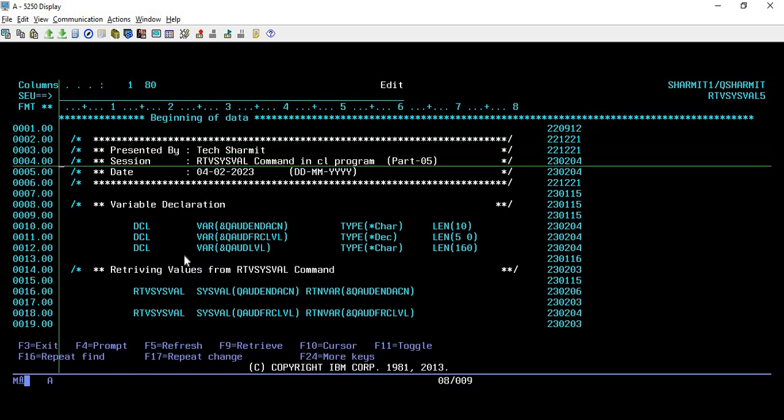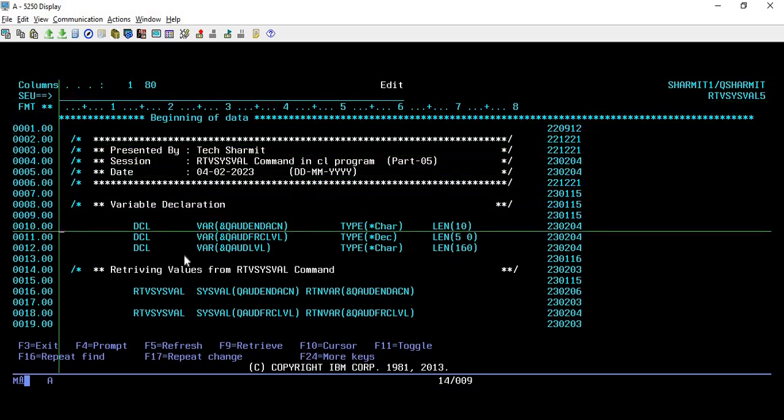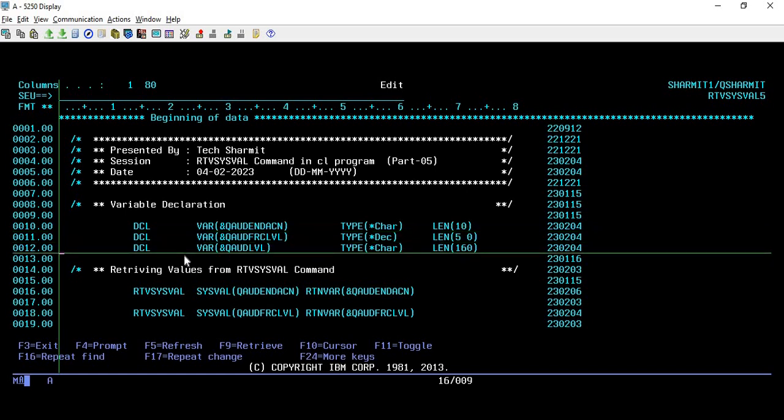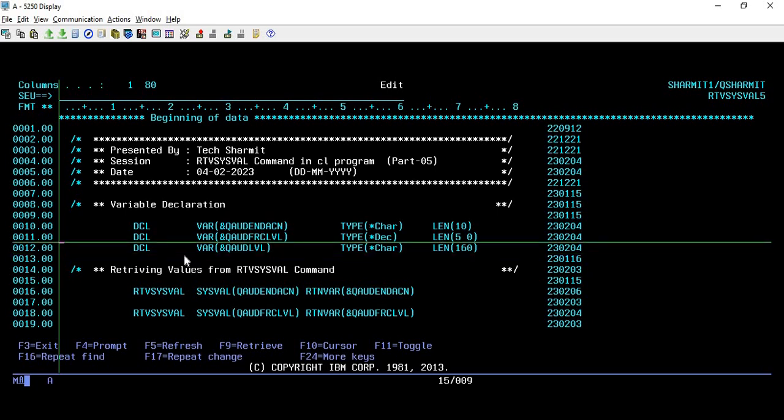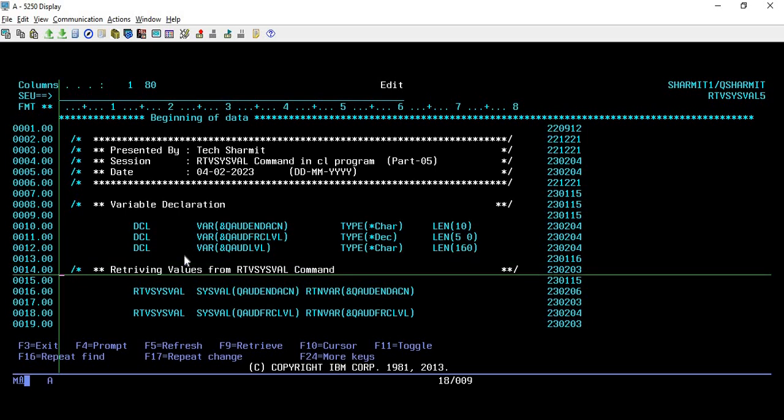So as usual, firstly we are declaring a few variables here. For identifying the variable type and length, you can refer to the IBM official website. From there, you will find all the required data type and length for the particular variable. Once you refer to that, you can declare the variable as per the requirement, and then we are good to